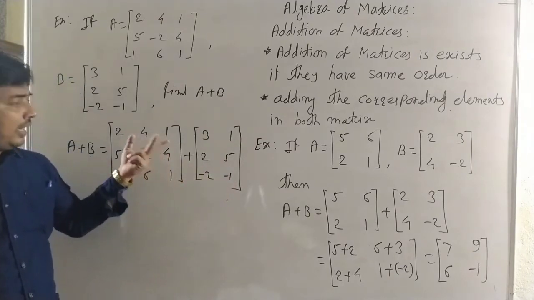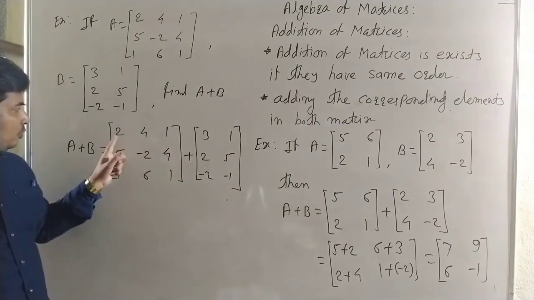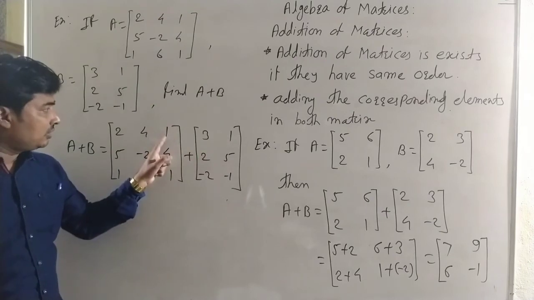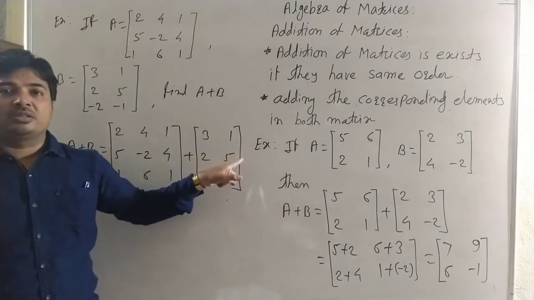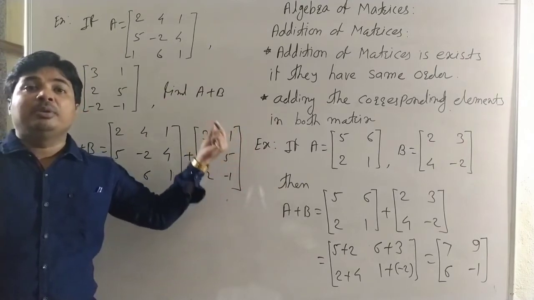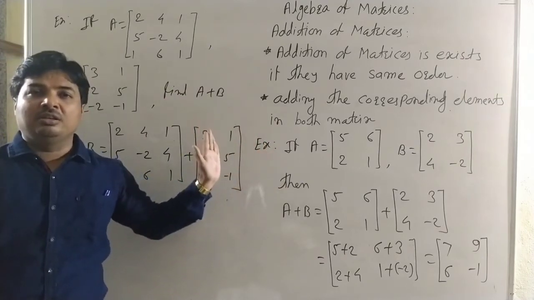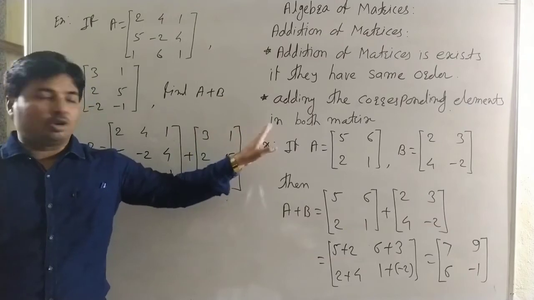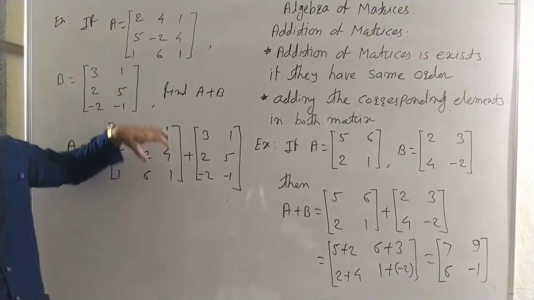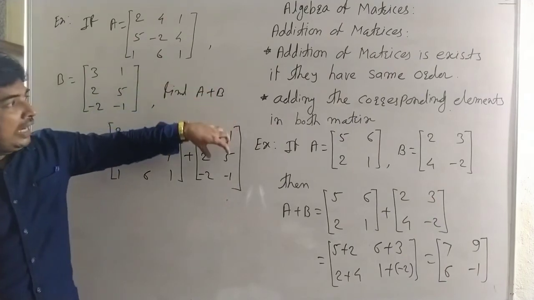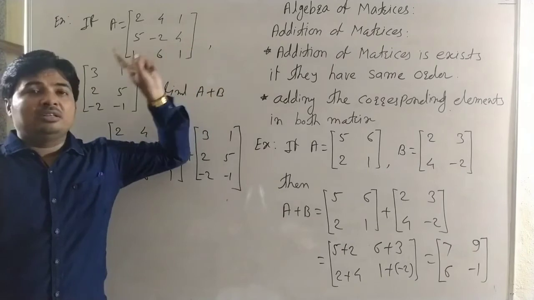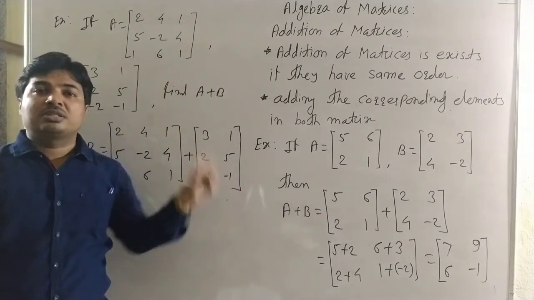Okay, you cannot add the corresponding elements. That means 1 1 is with 1 1, 1 2 is with 1 2. Here there is a 1 3 element, but in this matrix the third column is absent. So you cannot get the element at the 1 3 position, that is the first row third column, because there are only two columns. That means if we want to add two matrices, there is one condition, that the matrices have the same order.